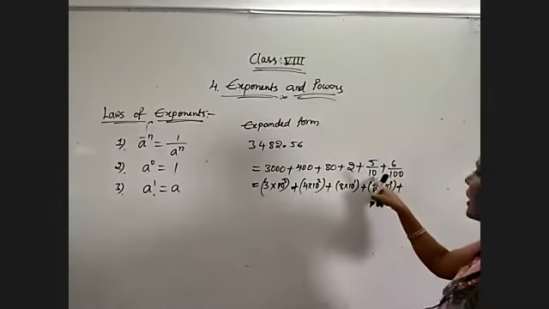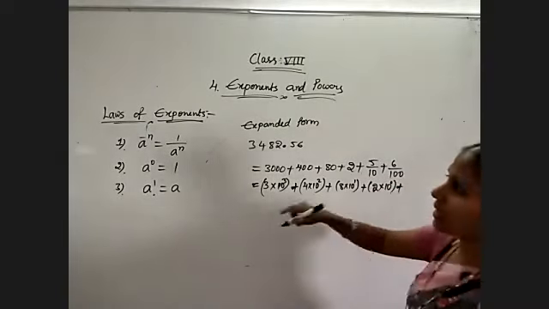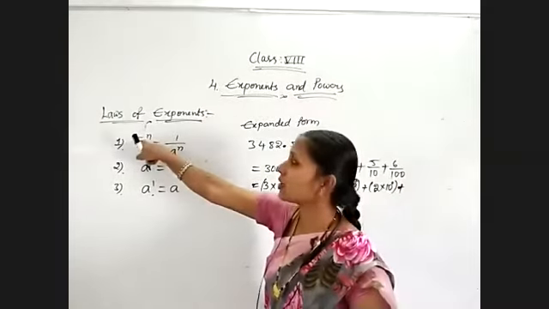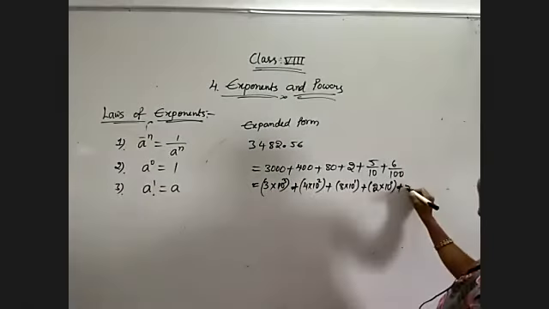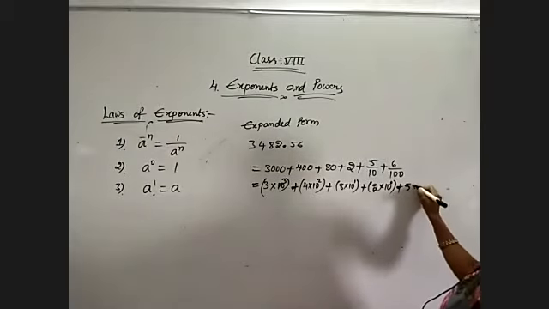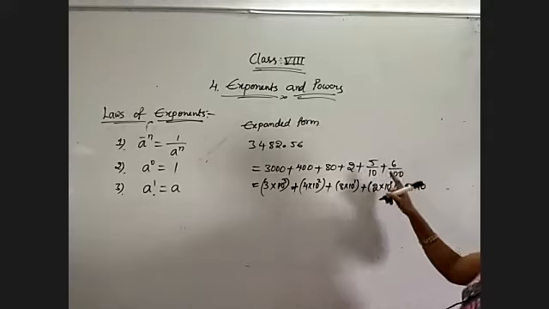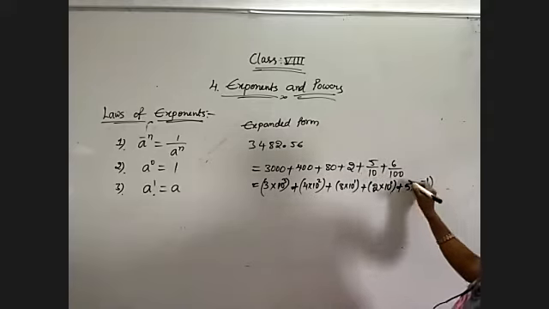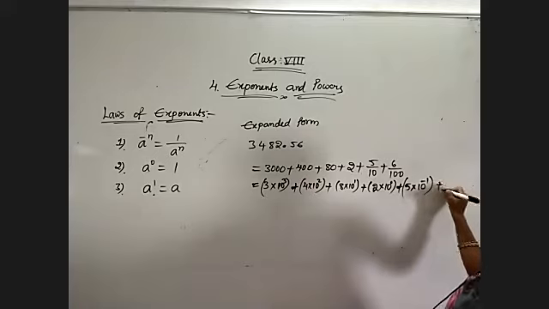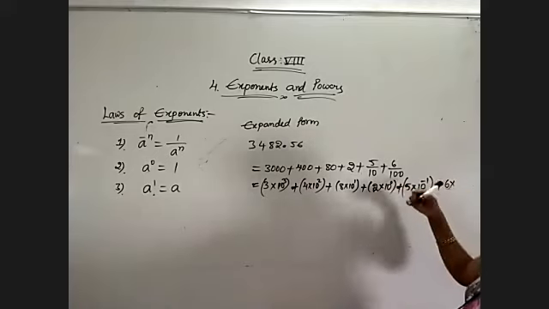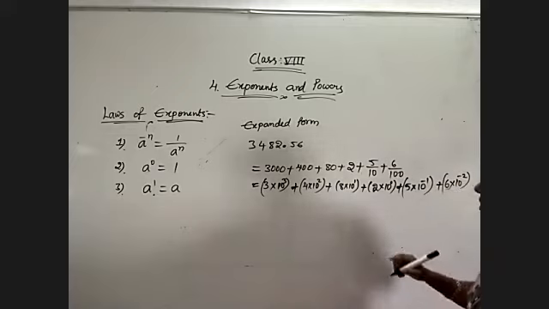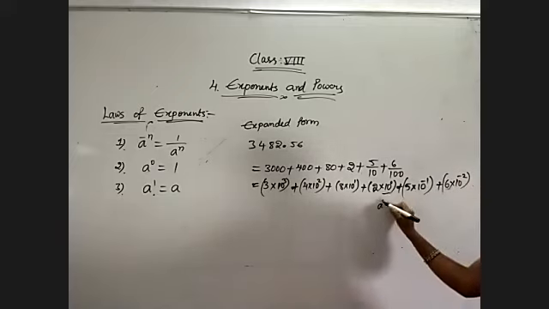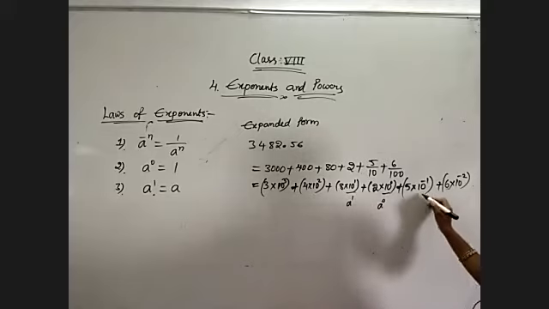Plus, 10 is in the denominator; by bringing it to the numerator, it will have a negative exponent. So that is 5 into 10 to the power of 1 actually. But we are bringing it to the numerator, so 10 to the power of minus 1. Plus 6 into 10 square is down. By bringing it to the numerator, 10 to the power of minus 2. That's all. See, observe here, a power 0 we have used, a power 1 we have used, and a to the power of minus n formulas we have used.